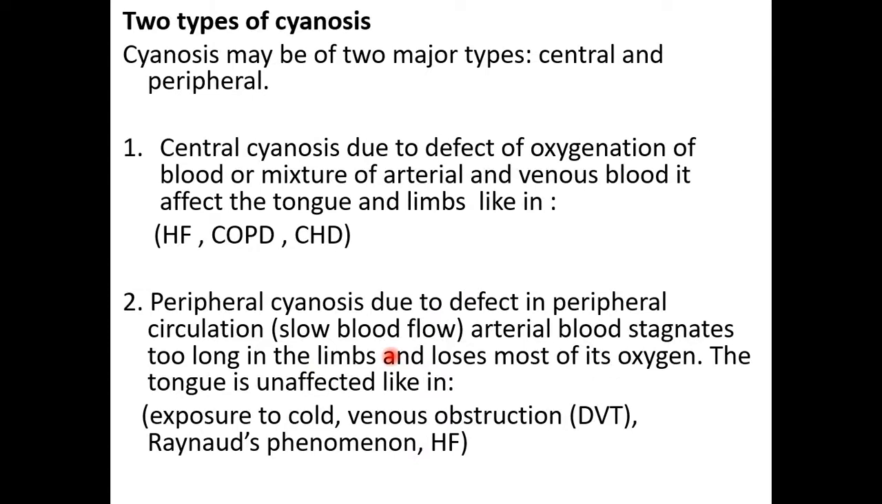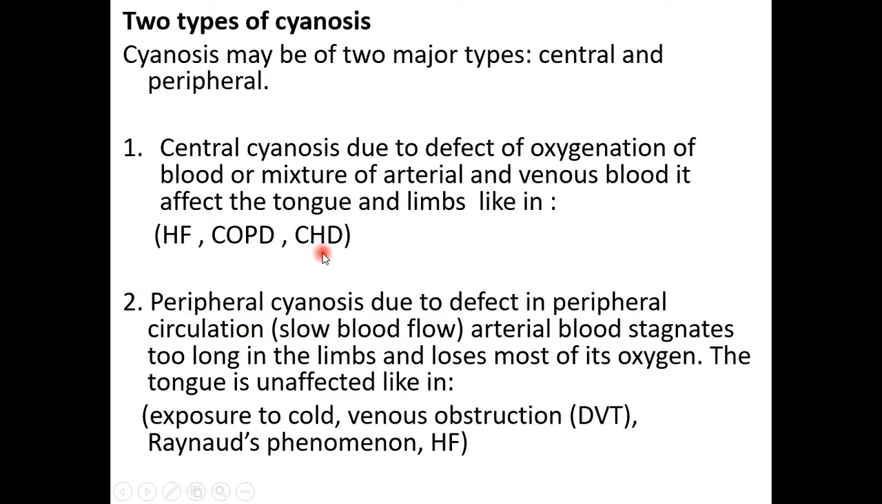We have two types of cyanosis: central and peripheral. Central cyanosis is due to a defect. Why do we get central cyanosis? A defect of oxygenation of blood, or a mixture of arterial and venous blood. A defect in oxygenation, such as chronic obstructive pulmonary disease or heart failure. Or a defect where? In the mixture of arterial and venous blood, such as congenital heart disease,